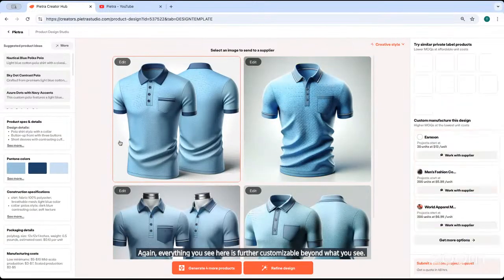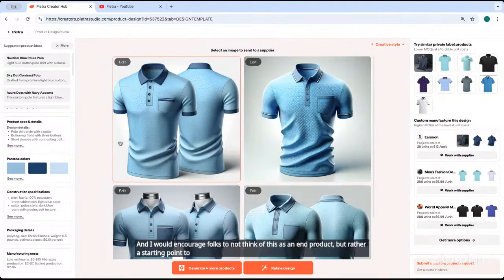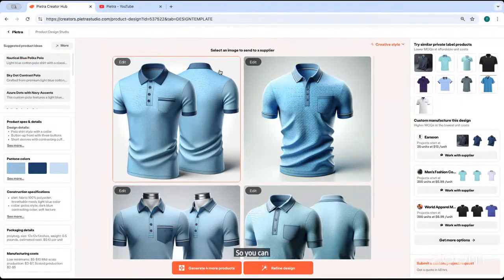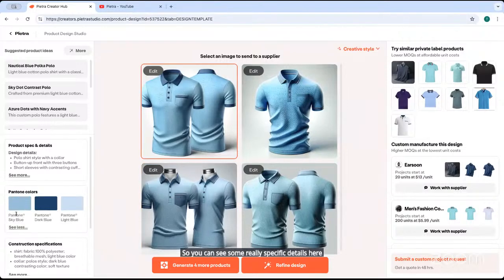And I would encourage folks to not think of this as an end product, but rather a starting point to use as a way to share your idea or your product with a supplier, and then you will further discuss it from there. Okay. So you can see some really specific details here, the Pantone colors of the shirt,